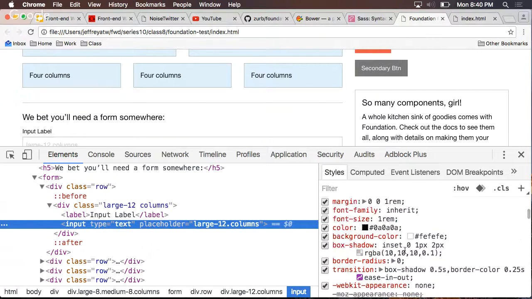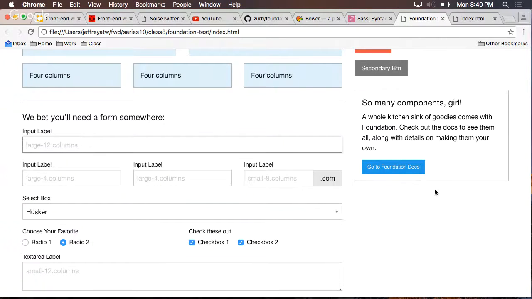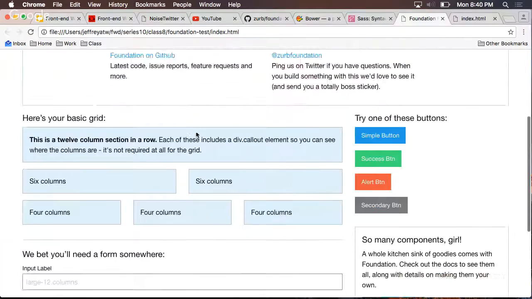All this is stuff that you don't have to write yourself, all this crazy CSS, because Foundation gives it to you for free. You might ask yourself, wait, I don't want it to look like that. I want to change it. Well, for one thing, the idea of Foundation is that you just want to stick with the basics. But if you do want to build more stuff, or change the grids or change anything on this entire page,